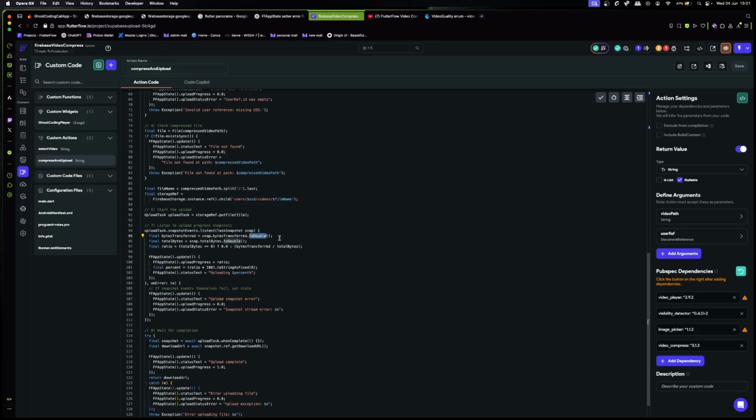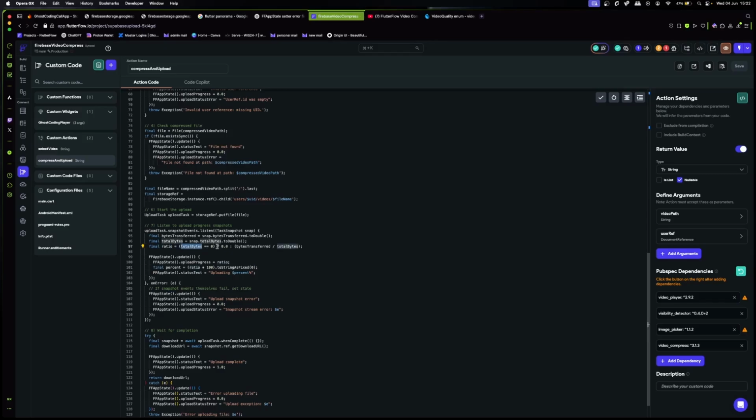So as we are sending the video bytes to Firebase storage, we are grabbing it and getting bytes transferred. Now we're also getting the total bytes from the actual video file, you know, the ones and zeros, and we're creating a double value from that, so that we have both the total bytes and the bytes transferred, so that we can get a ratio, which is going to be a percentage value.